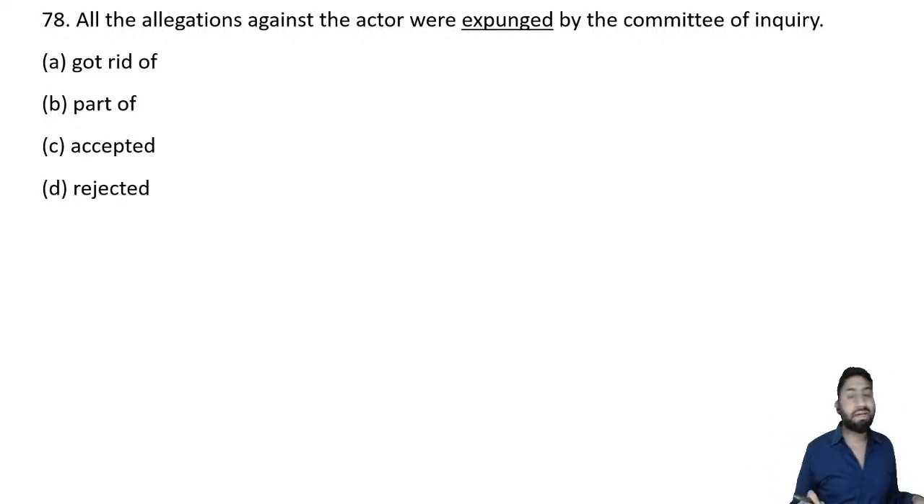All the allegations against the actor were expunged by the committee of inquiry. Expunged. See, right? Very good word. You must be familiar with this. Options check कर लो पहले तो सही से typed है कि नहीं. Got rid of, part of, accepted, rejected. Right? That's the thing. So let's check it. Right? So expunged का मतलब either to delete or to reject. That's what the expunged means. To delete,